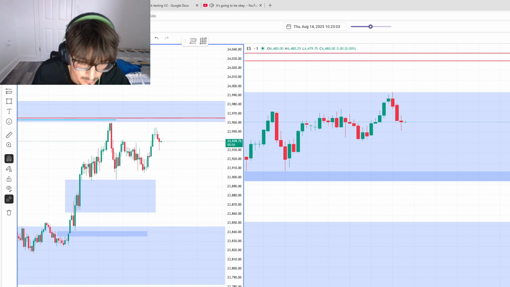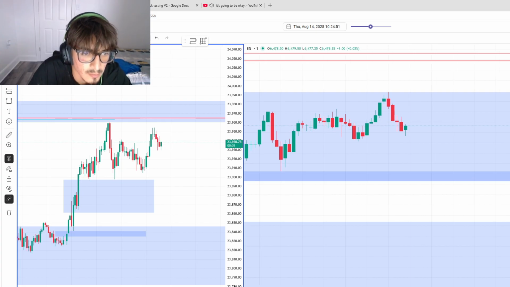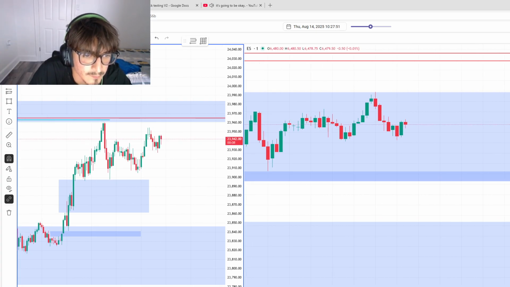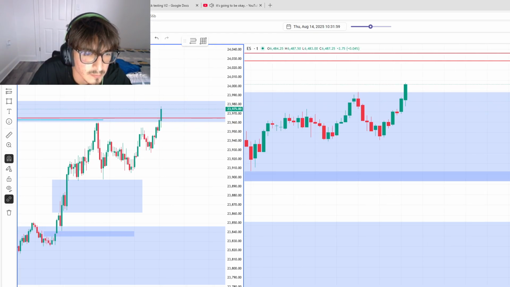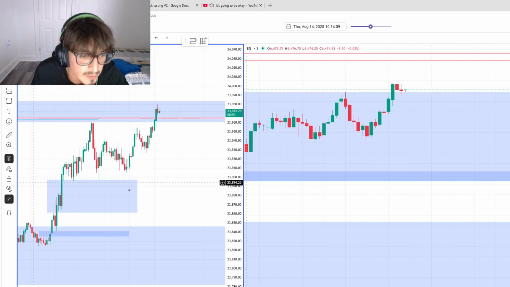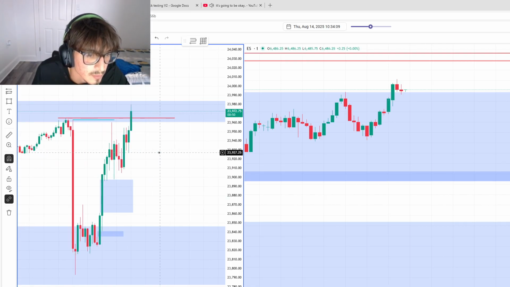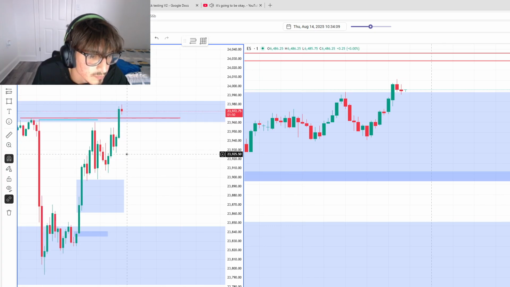It's kind of looking close to unreadable, but I can tell the flow wants to go higher. Just needs to tap the 15-minute gap before it goes all the way up there. Yeah, there we go. Guess we didn't need to tap any 15-minute gap. So we didn't tap anything, really. Kind of just edged it. Only thing we did touch was this.